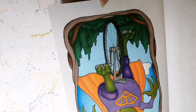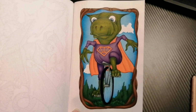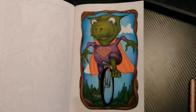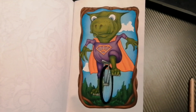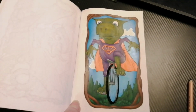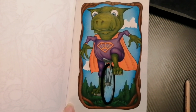So I will show you the finished page. I'm going to get everything all coloured, and then you will see that this is the right way up, how my little guy turned out. So as you can see, he looks completely the same left to right. You'll even see that the sheen left by the pencils looks the same. I'm quite happy that